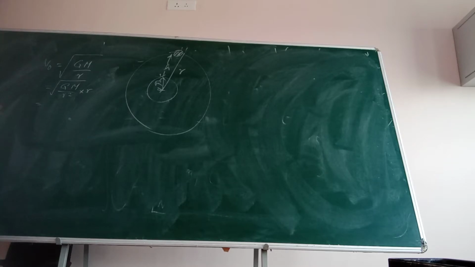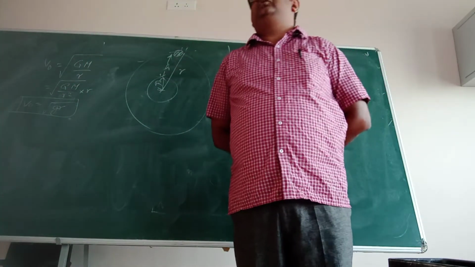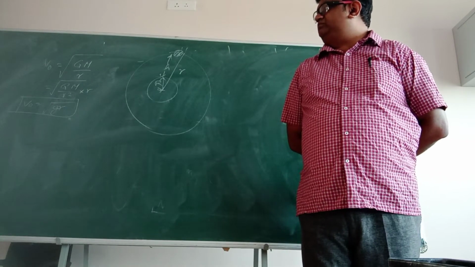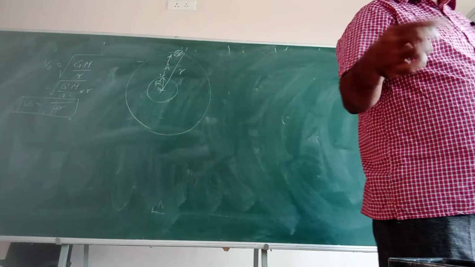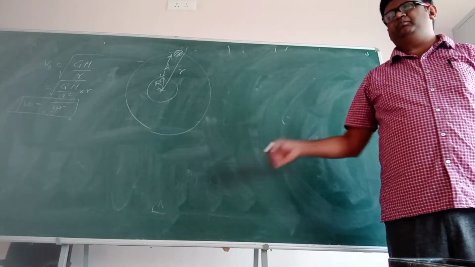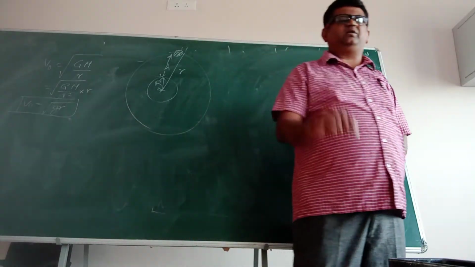Another way of writing the same equation. So this becomes gr. Orbital speed is equal to under root gr. What is that r? It is the radius of the orbit, taken from the center of the Earth. So just write down. When I am telling, because we are simultaneously recording also, no? So important formula, you note it down. Again I am going to post this on YouTube, so it will be available there also for permanent viewing purpose.